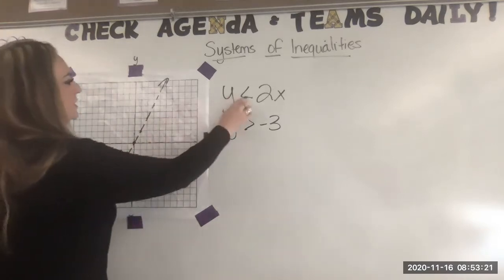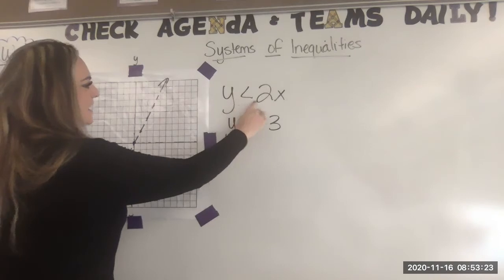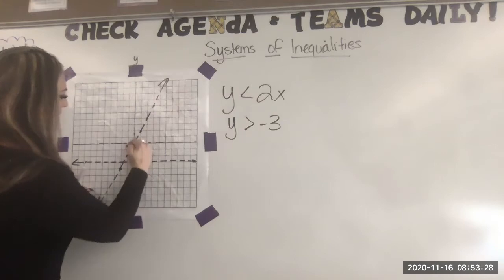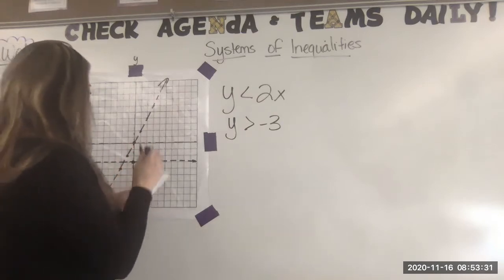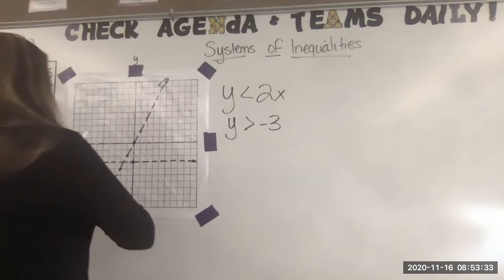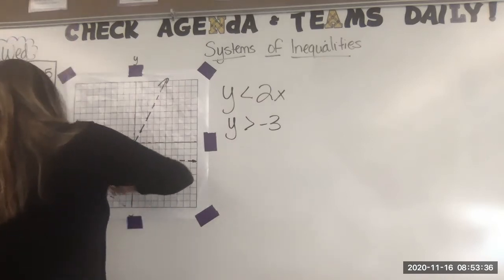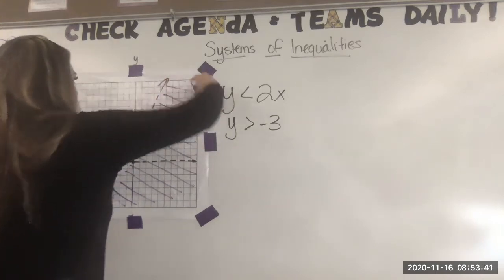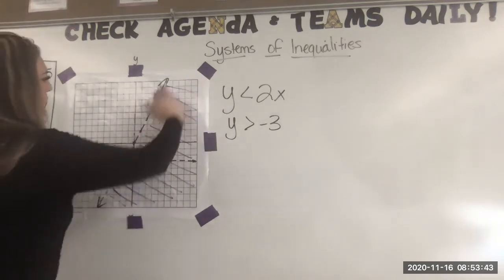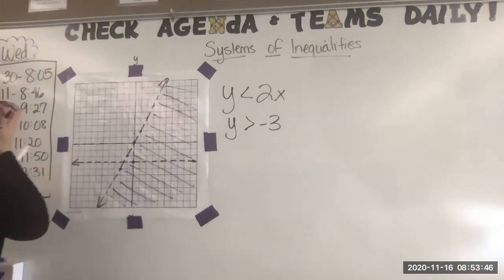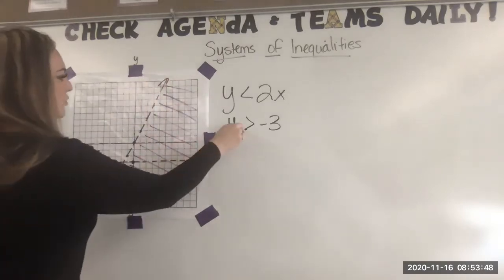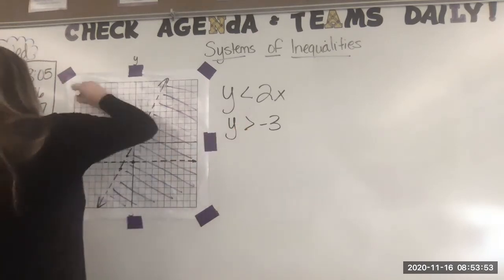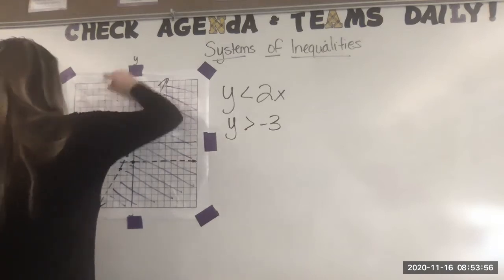Now I'm looking at which way I'm going to shade. y is less than this line. Here's my line, and y is less than, so I want the y values below this line. I'm just going to shade this way. Make sure it goes all the way along your line that you're shading less than. And then my other one is greater than this value here, -3. Again, following the line. This is a horizontal line, so I'm just going to go straight up